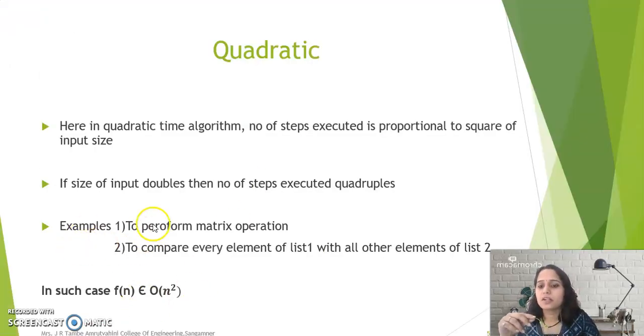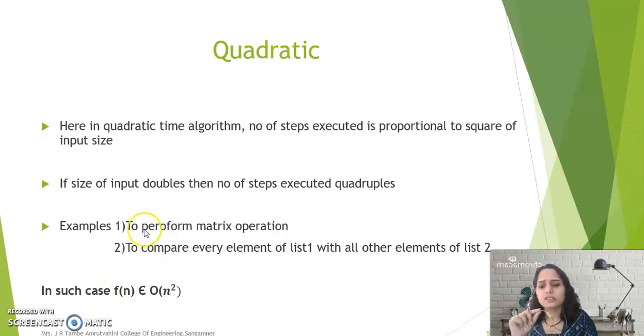Next one, what are the examples of this quadratic time complexity? Very first thing, let me clear you. Whenever we have a nested for loop, and my values are changing in the same incremental order, initially i is equal to 0 to n minus 1, or i is equal to 1 to n, and the inner for loop is for j is equal to 0 to n minus 1, or j is equal to 1 to n. So what will happen? This nested for loop will execute n square number of times. If my input size is n, then the number of steps executed will be n square.